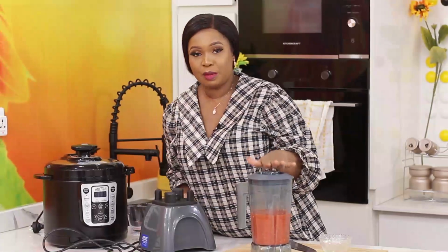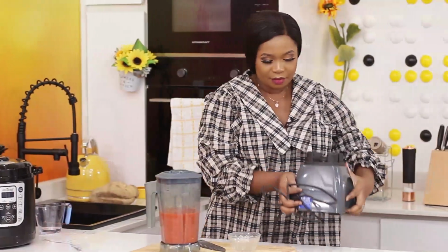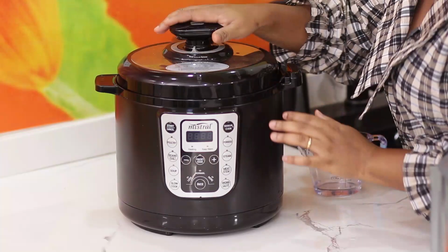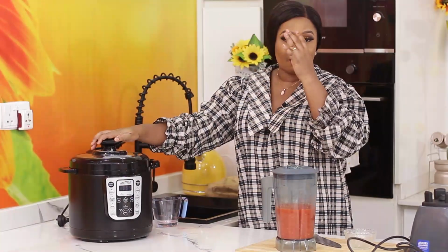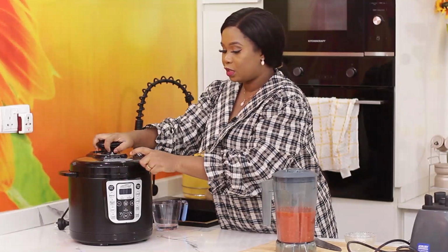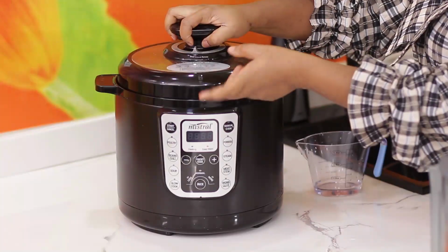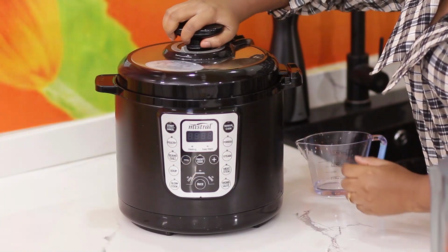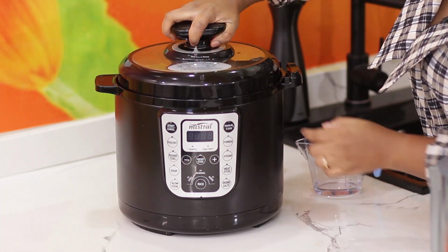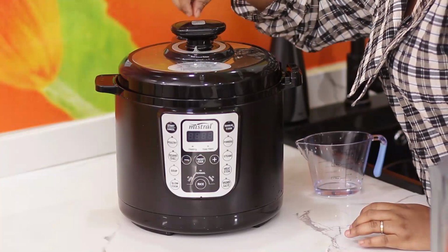So I have my tomatoes, pepper, and onions blended now. I'm just going to put this aside for a moment while I start cooking the Bambara beans. When using a pressure cooker, even if it's the manual one, make sure it is locked. They always put a sign for lock or open. So make sure it's on lock. So this is open, I can open it, and this is locked. So you lock it. Make sure the vent is down,